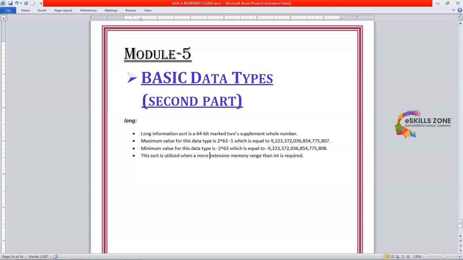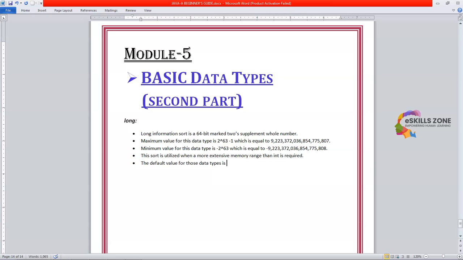For a more extensive memory range than integer, we always prefer long as a data type. The default value, a very important point for these data types,